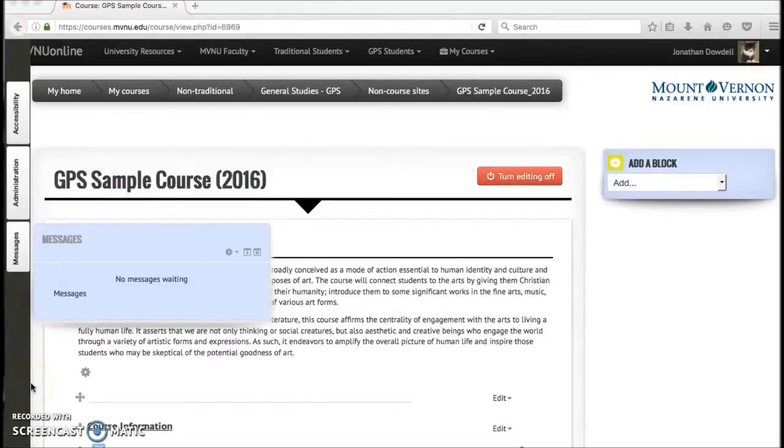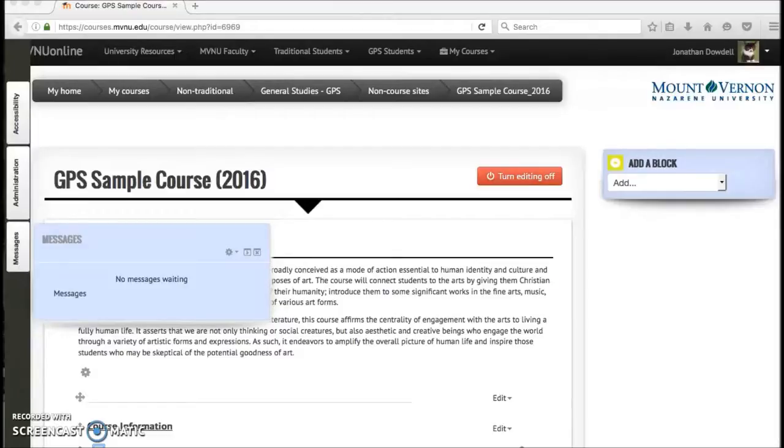This block will alert you about messages within Moodle, whether you're a student or a professor. The messages are also sent to email, so there are two different ways to communicate with students via email. Quick Mail is exclusively email, but it does track the messages you send over time. This way, you can send emails to your students without having to access your email and create a contact list